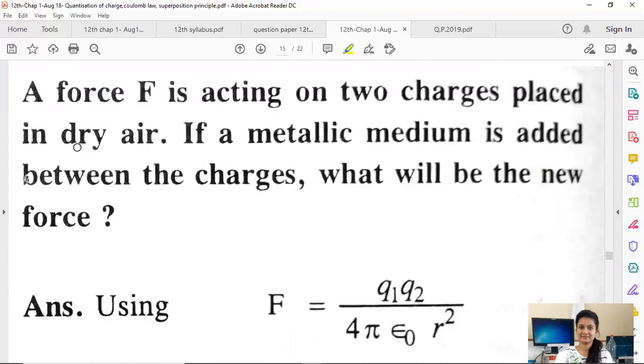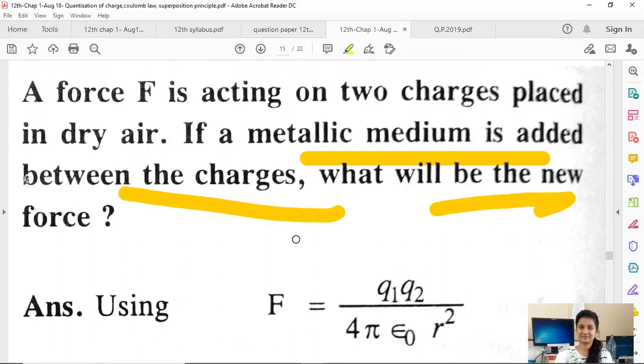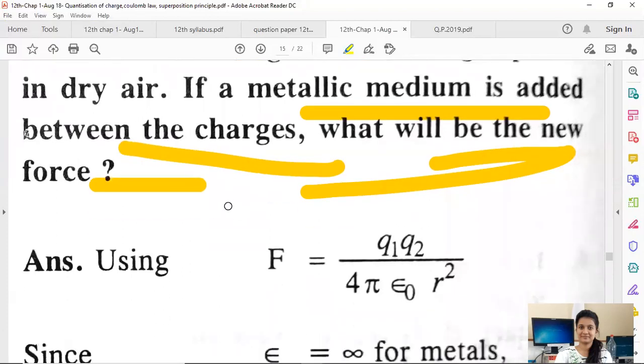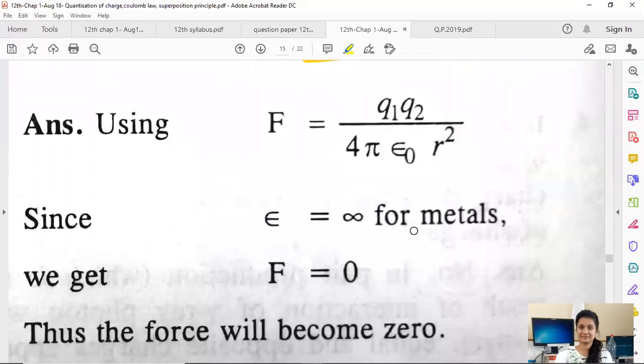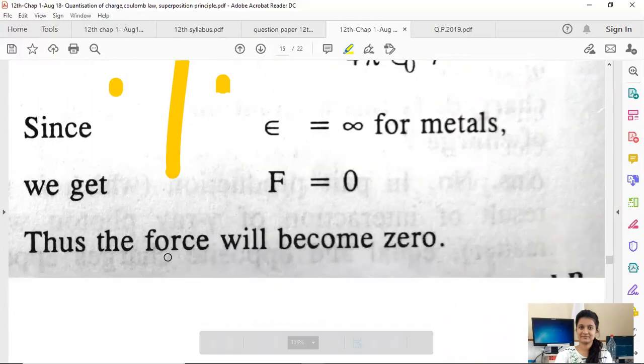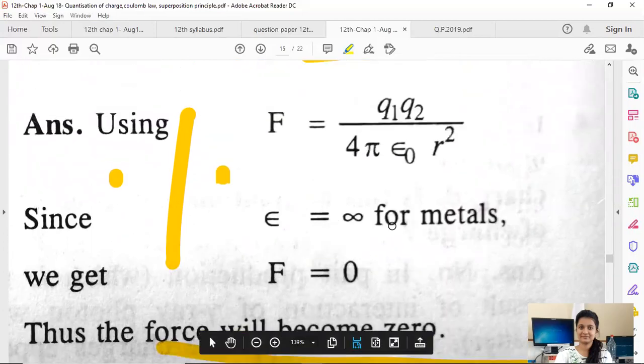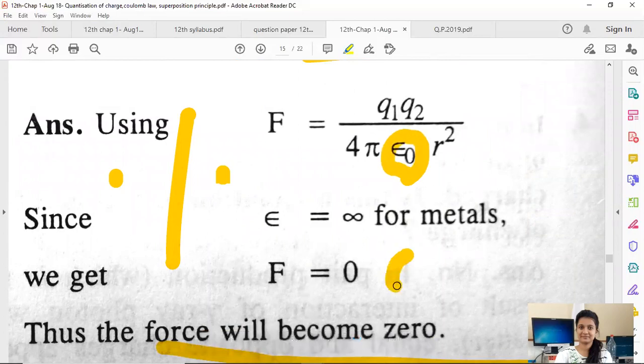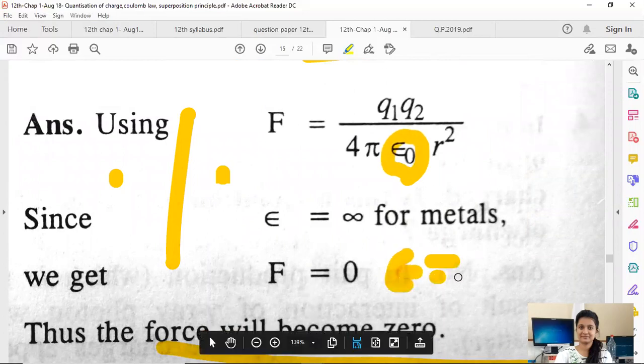Force acting on two charges in dry air. If the metallic medium is added between the charges, what will be the new force? If there are two charges and a metallic medium is added between these two charges, then the force will be zero. How? Epsilon naught, epsilon is equal to